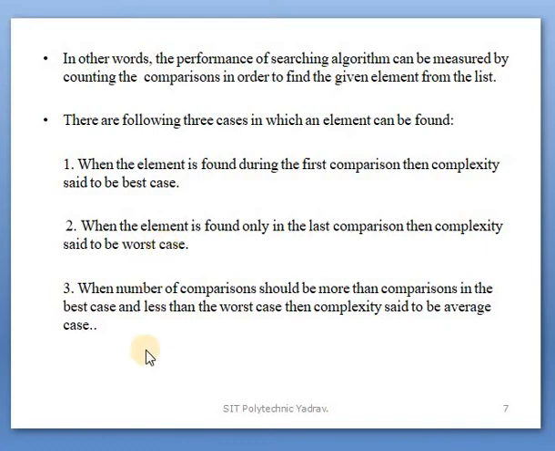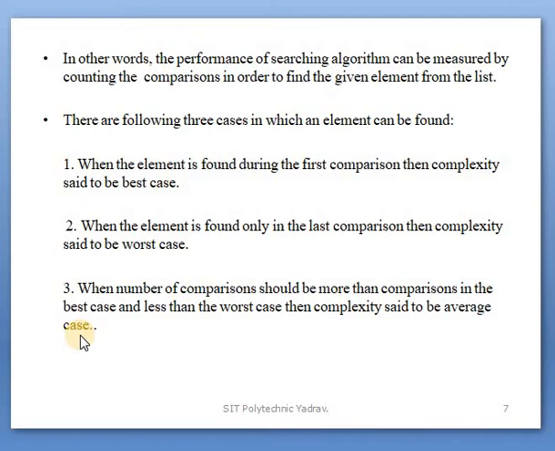Now say we search for the element 6. This is the middle number in the array, so it takes more comparisons than the best case and fewer than the worst case. We say this is the average case. How do we find the sixth number?